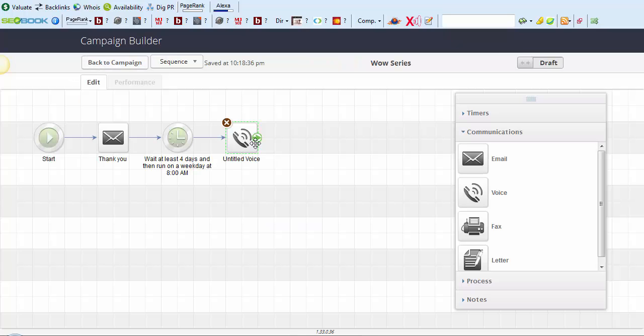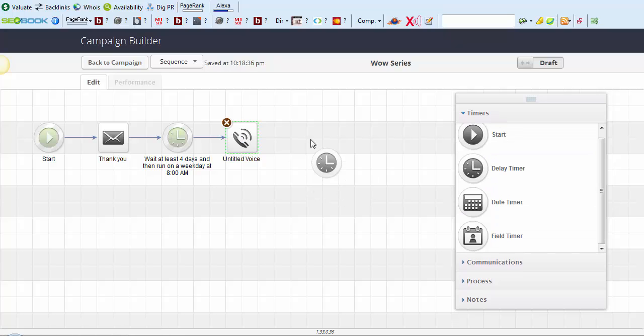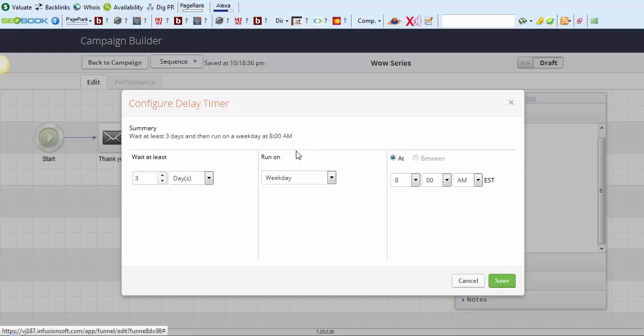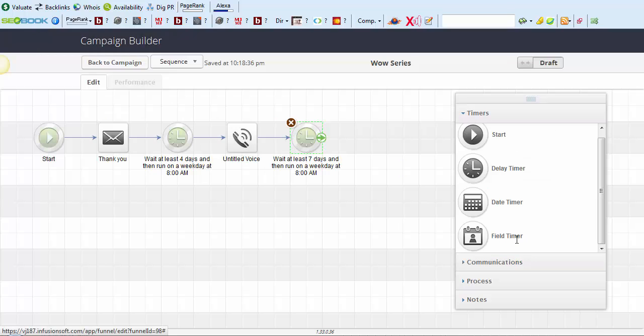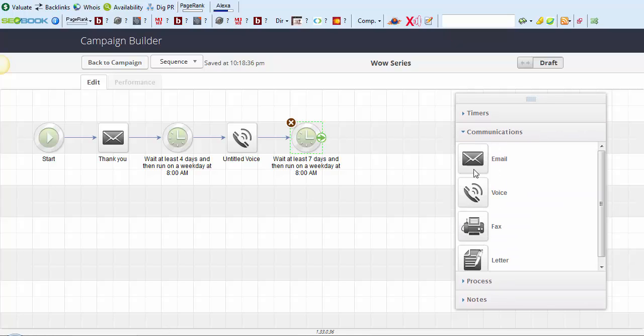Back to sequence, and you don't have to do that. That's just something I do, but you don't have to. Every business is different. You could send a letter if you want to. It's really up to you. So after that voicemail, let's wait another week. Save. And maybe send them